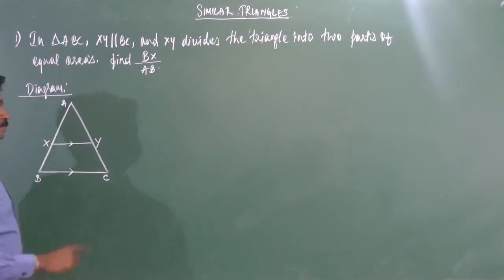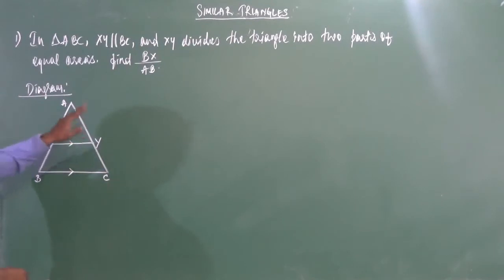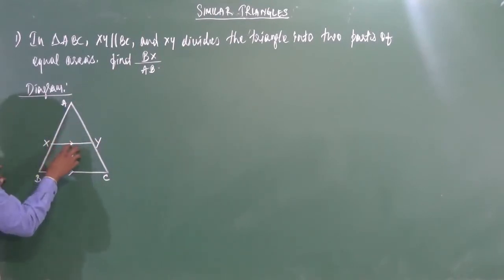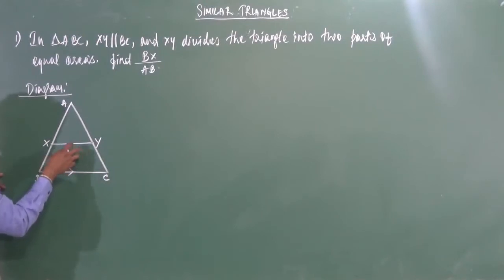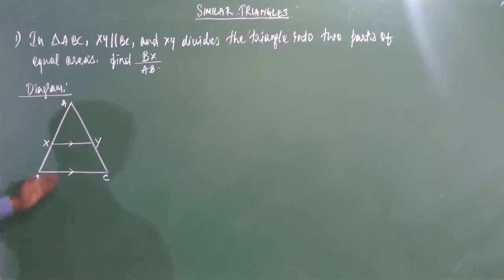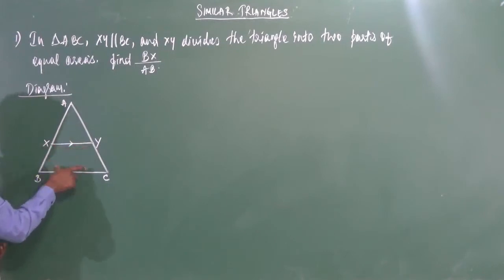So this is the turning point of the problem. The line XY divides the triangle into two parts of equal area. One part is this, another part is this. So triangle AXY and XBCY, which looks like a trapezium, have become equal in area. Here I am not going to mention that it is a trapezium, but since it has one pair of sides parallel to each other,